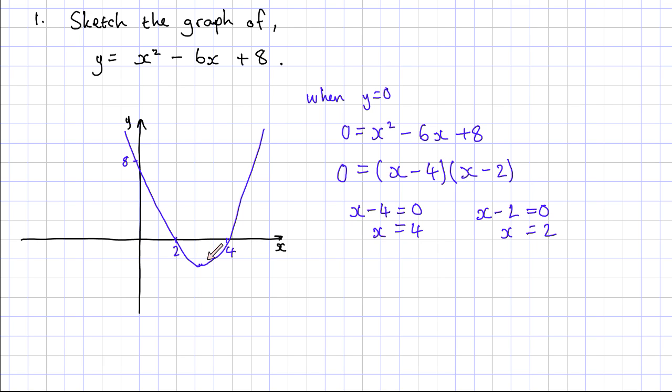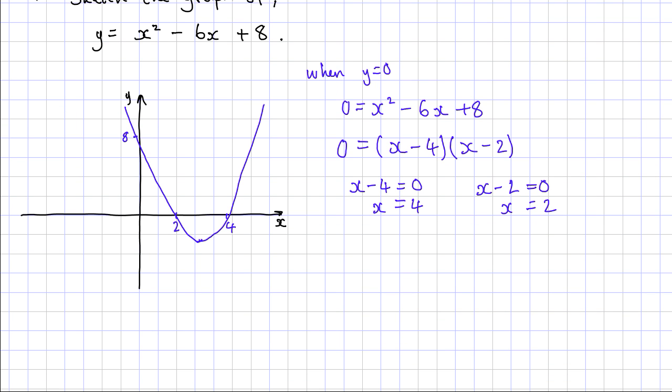I need to find the turning point, the coordinates of this turning point. Now to find that, what I can do is I can complete the square here and then use that to help me find the coordinates there. So I'm going to complete the square first and then we go from there. So I have y equals x squared minus 6x plus 8. So if I complete the square, I will have x minus 3